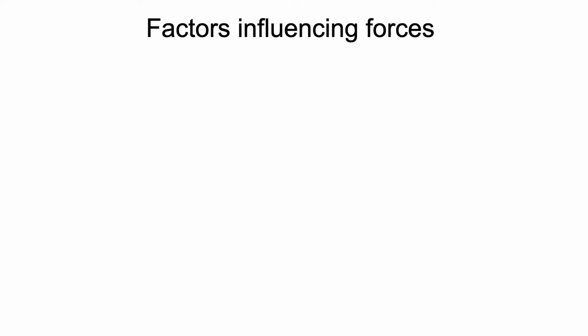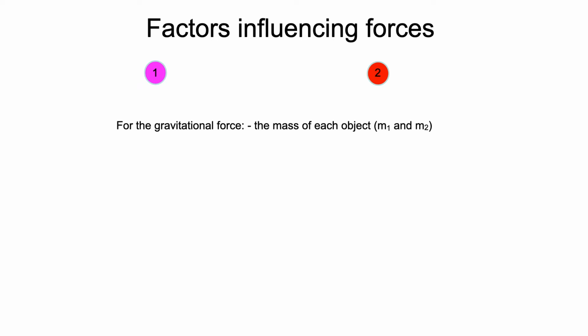Let us make a list of the factors that might influence the values of the gravitational force and the electromagnetic force between two objects. Since the gravitational force appears when the objects have mass, the gravitational force might depend on the values of the masses involved. The exact relationship between the gravitational force and the factors that influence it will be discussed in subsequent lectures, but